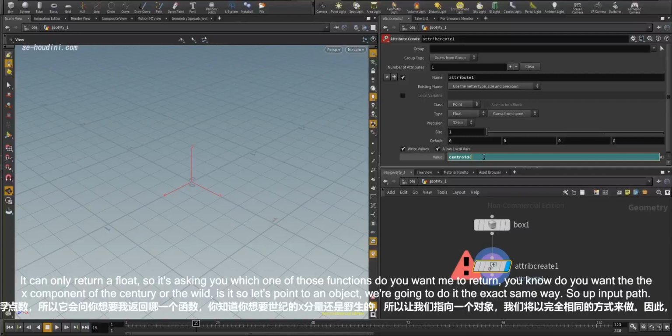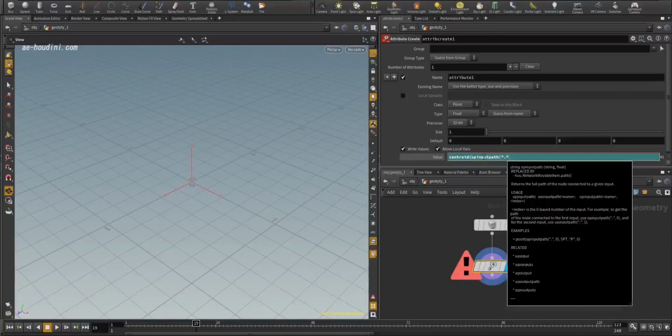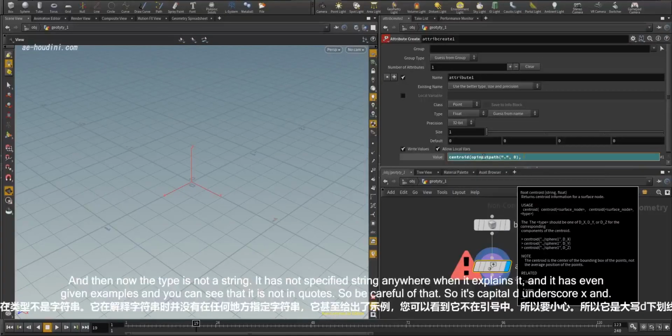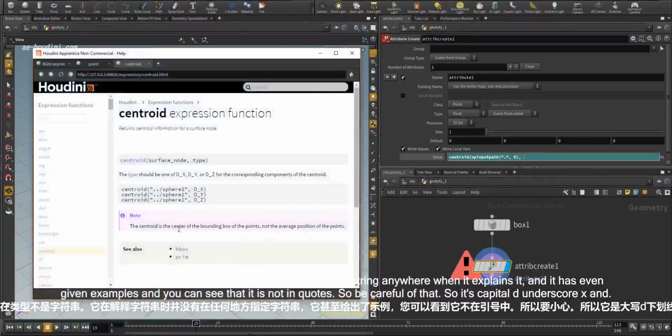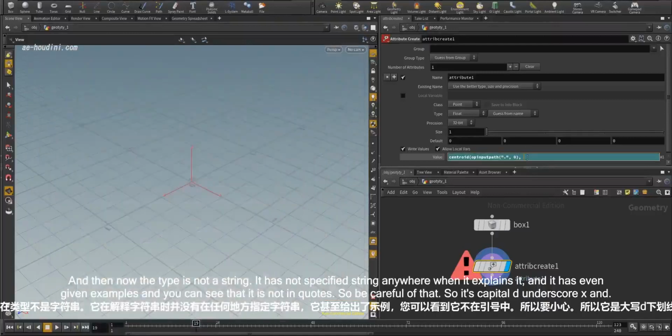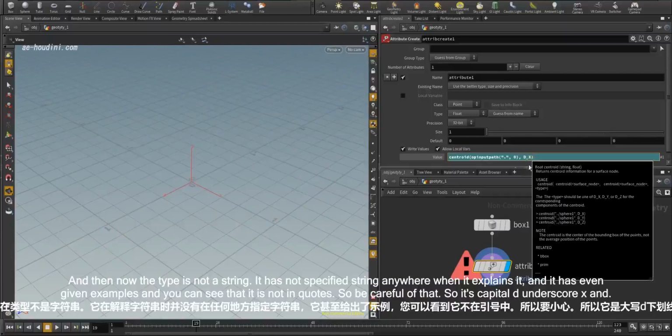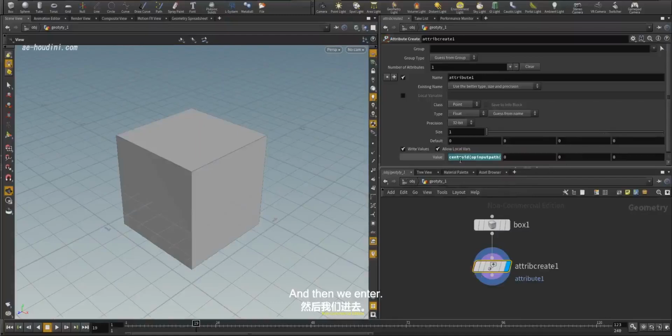So let's point to an object. We're going to do it the exact same way, so op input path. And then, now the type is not a string. It has not specified string anywhere when it explains it, and it has even given examples, and you can see that it is not in quotes, so be careful of that. So it's capital D_x, and then we hit enter,